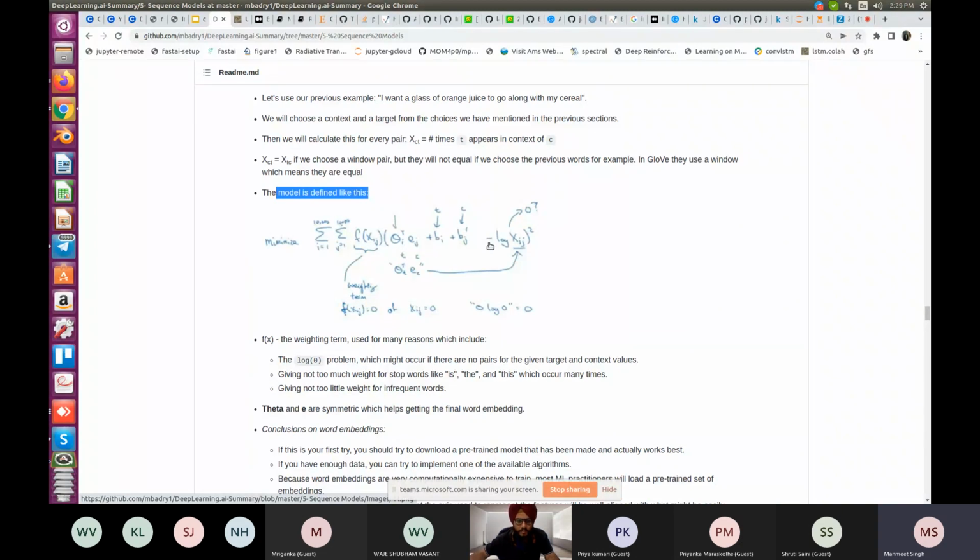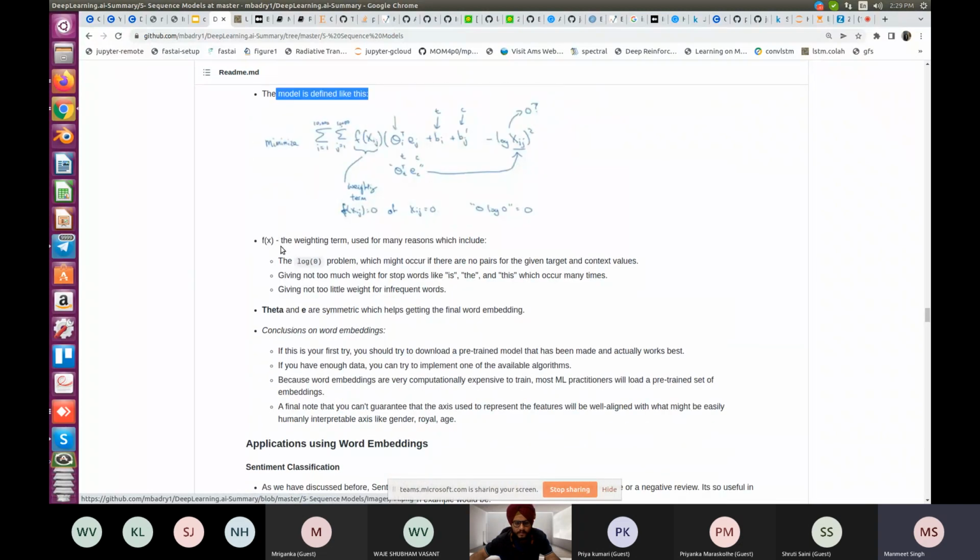So you will compute this loss function, and this loss function you will have to minimize. This f(X) is a weighting term which is used for not giving too much attention or too much weight to words like is, the, and, which occur many times, and